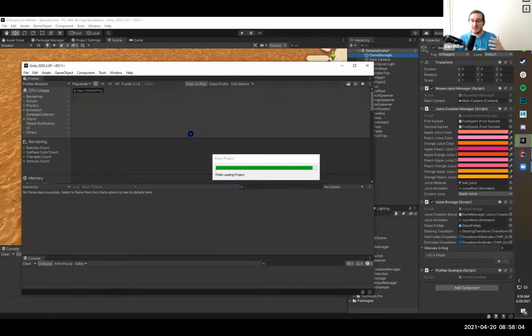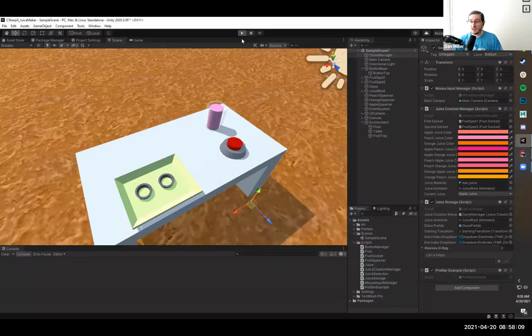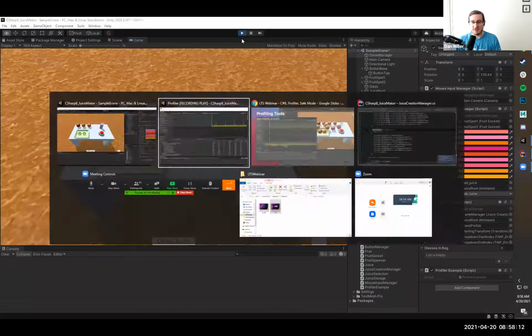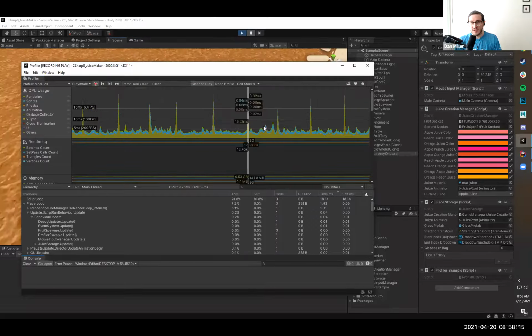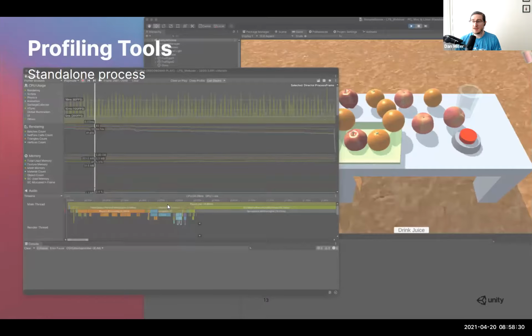So what this allows us to do is, if you're familiar and you used the profiler before, you know that if it's in the editor, it's consuming some of its resources itself. We can pause it here. It's going to pause the application in the background, and then we can start looking at what's happening within our project. Now, this is a fairly simple project, so you're not getting too much data, or there's not much overhead there. But really having this as a standalone process lets us evaluate it a little bit more and get more insight into what's happening. When it's running directly in the editor, you're not getting as accurate information about things like performance or FPS because it is taking up some of its own resources there. So that's a big improvement there.